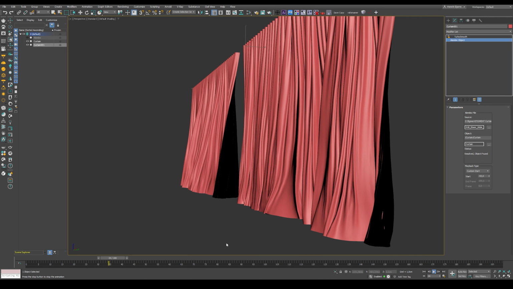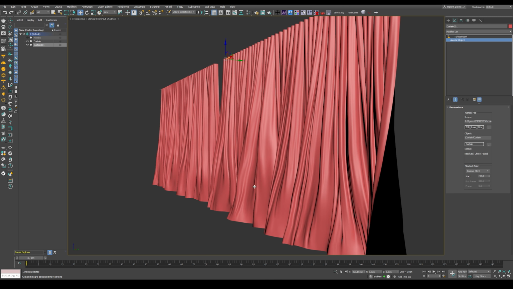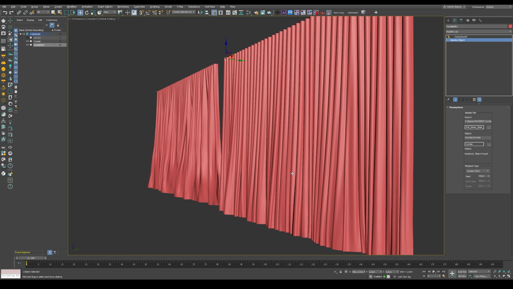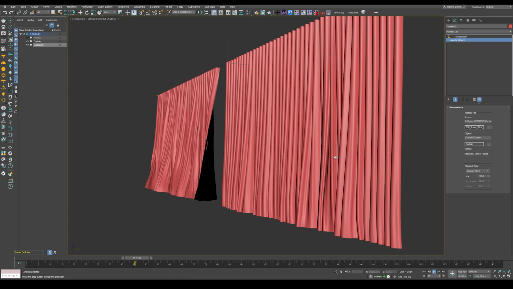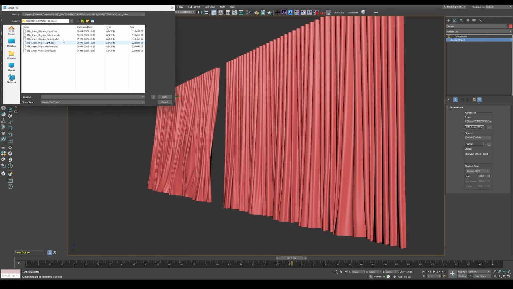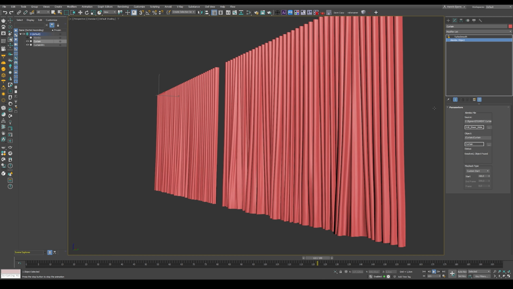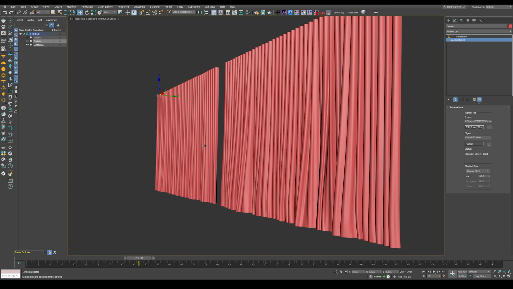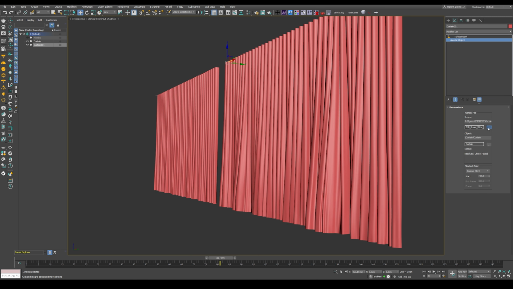But let's say that we don't want these curtains anymore. There's a bit too much wind going on here. So what we can do is go into the Alembic settings here and click this button right below the file name, and then simply select another one. Let's go for the medium one instead of strong wind, just to see how that looks. And let's take the other one and let's go for the light version. So as you can see, it's kind of easy to just switch these out. And let's say we go back to the strong version,